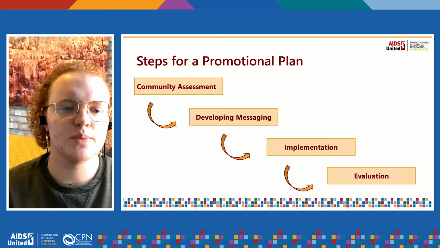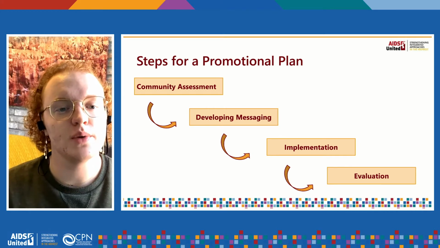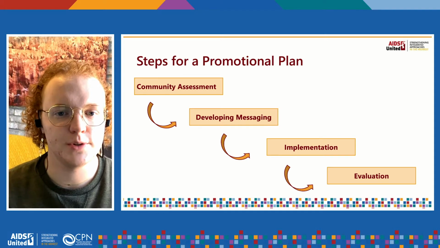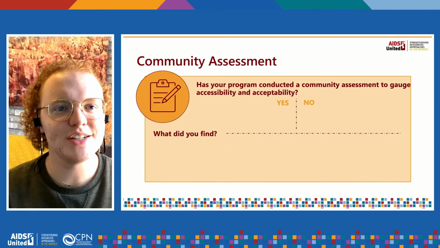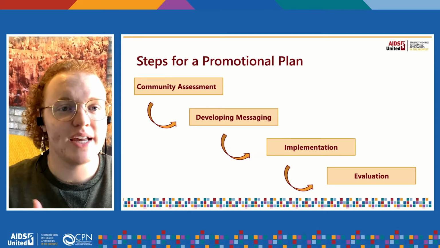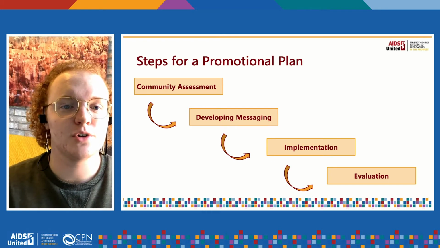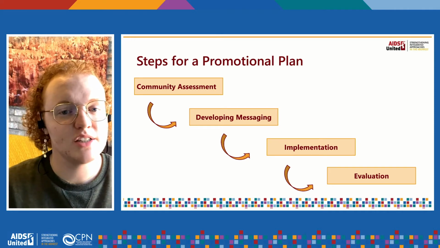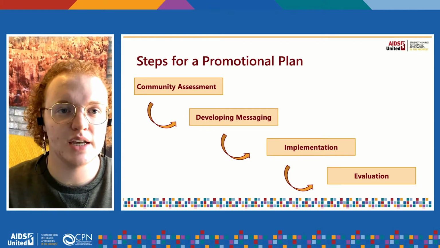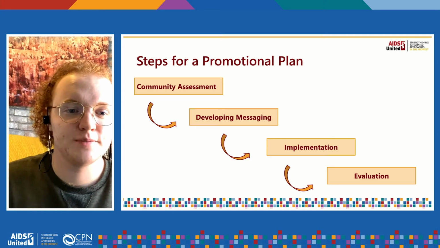So think about the different ways in which you can pilot something, in which you can get community input, so that you make sure that whatever it is that you are putting out is actually going to have the impact that you want it to. Next, of course, you have the obvious, which is implementing it. So once you have all of these pieces together, you just go ahead and actually put it into practice. And then finally, you'll go back and evaluate it. You'll circle back if you need to the community assessment and the developing messaging phases by just checking your analytics, seeing if it has reached people. And if it has not, what do you need to do in order to adjust?